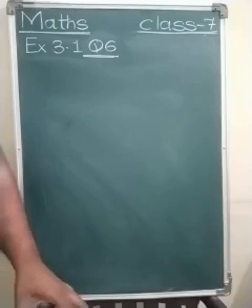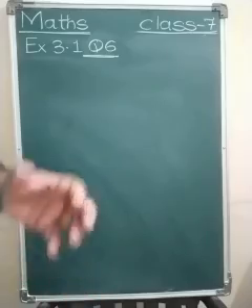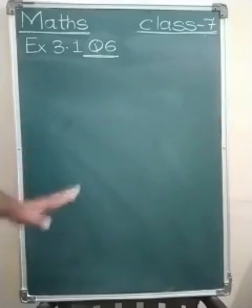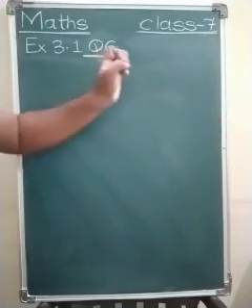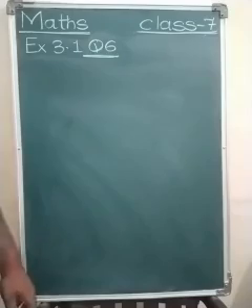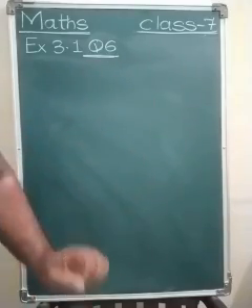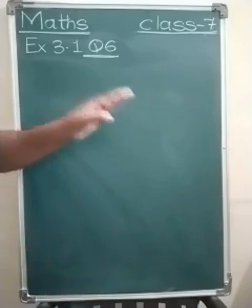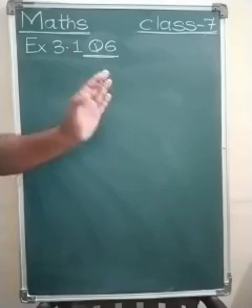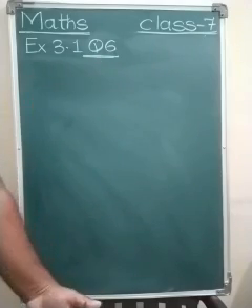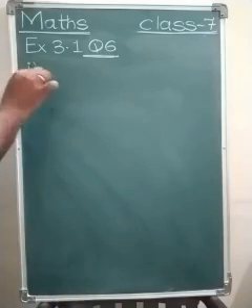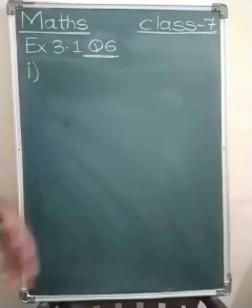Now here, if the question says to arrange the data in tabular form, then we have to prepare the frequency table and write down the data in that, and then write down the frequency also. But here they have not asked to arrange the data in tabular form. Yes, some sums need that, but here there is no need. Only we have to find out the highest marks and lowest marks. First question, find out the highest and the lowest marks.